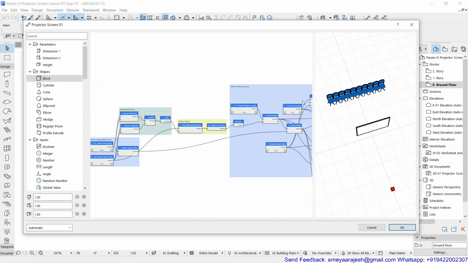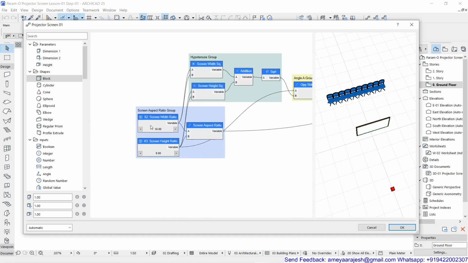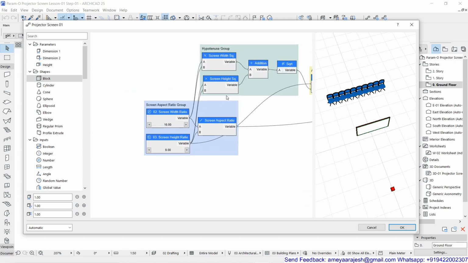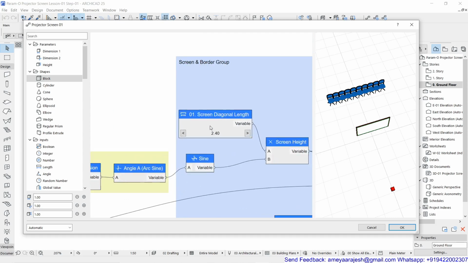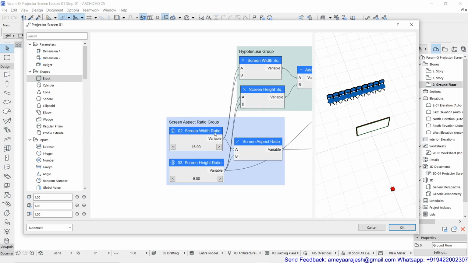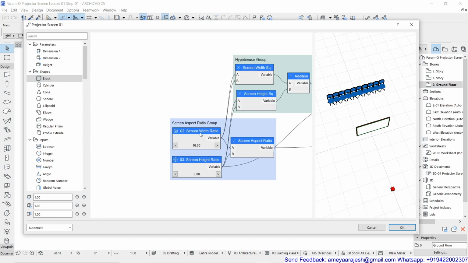So if you check out, there are supposed to be a few required fields to be identified. For example, the first field which I want to identify was the screen diagonal line, so I'll put 0, 1 as a prefix. My second field is supposed to be screen width ratio, then screen height ratio. So this way the numbers are going on.